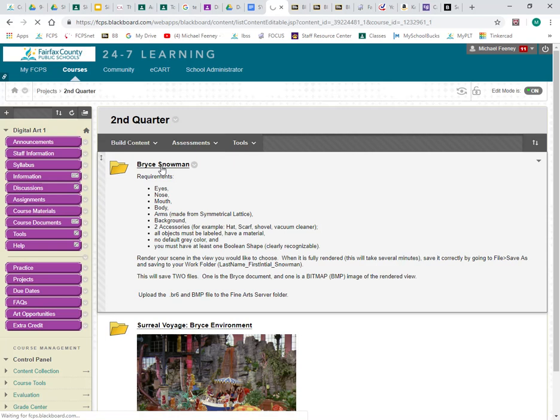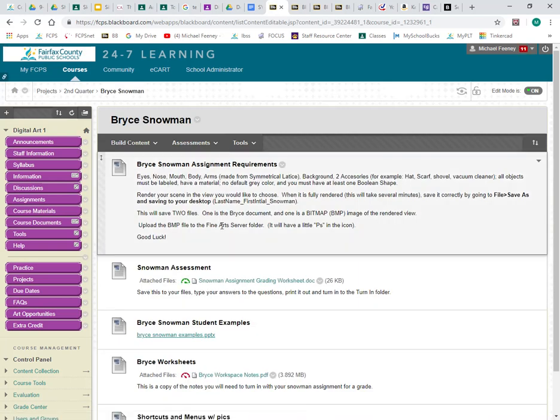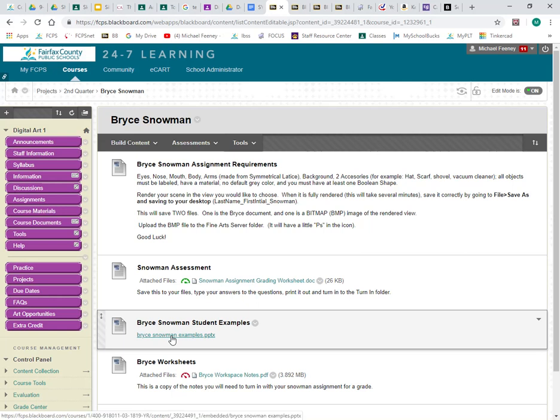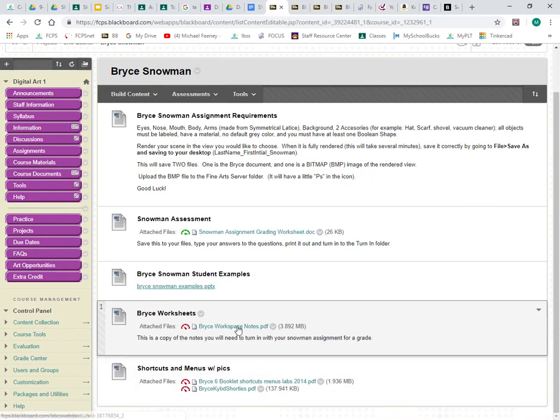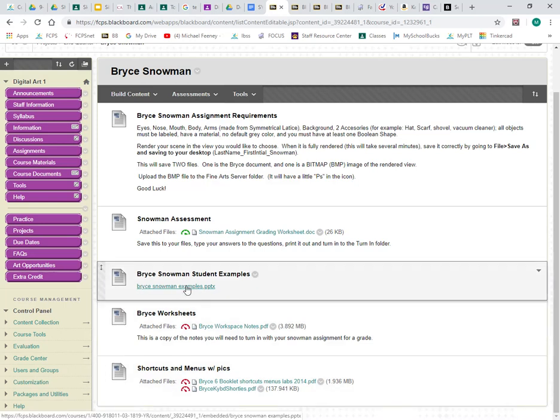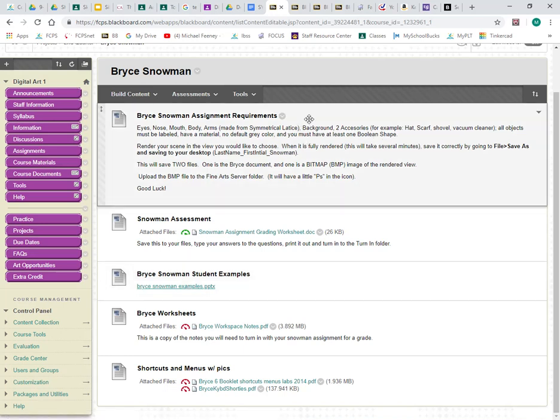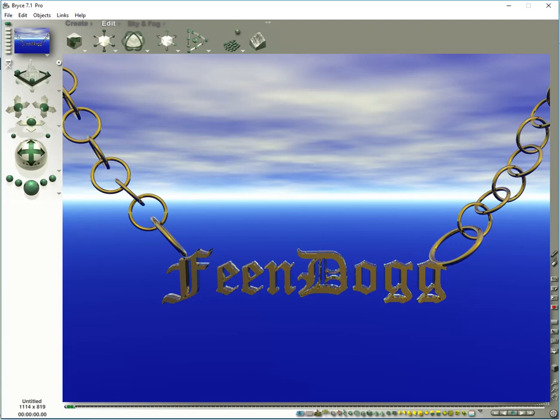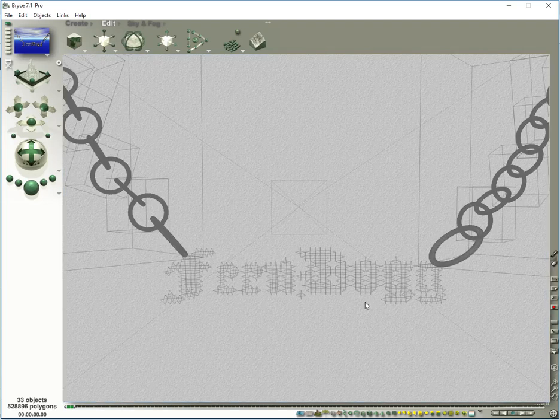We're going to open up the Bryce Snowman documents. Here are the requirements again. Here's an assessment. Here's some examples. Your Bryce workspace notes and your shortcuts and menus that we already have in the practice folder. All right, take a look at those examples. They're kind of fun. But one of the things I want to show you initially is how to